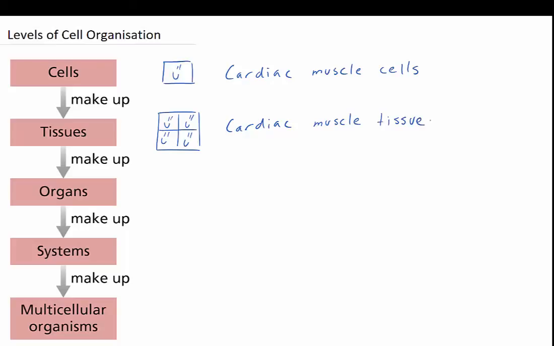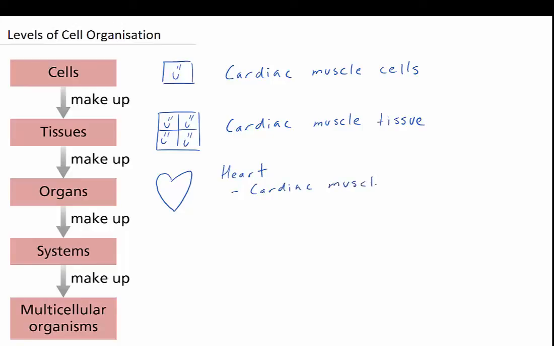So this applies to other cells as well. It's not just cardiac muscle cells. Any cells that have a similar shape and function and they're working together, you refer to as a tissue. The heart itself is actually made up of more than one type of tissue. So we know that the heart has cardiac muscle tissue,